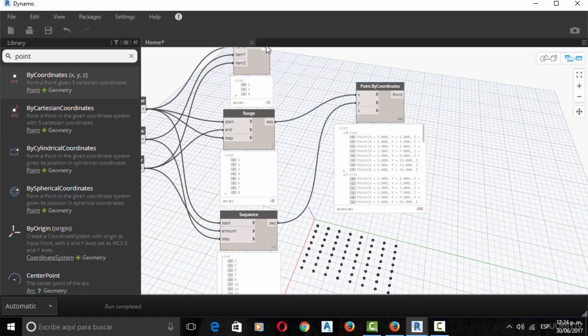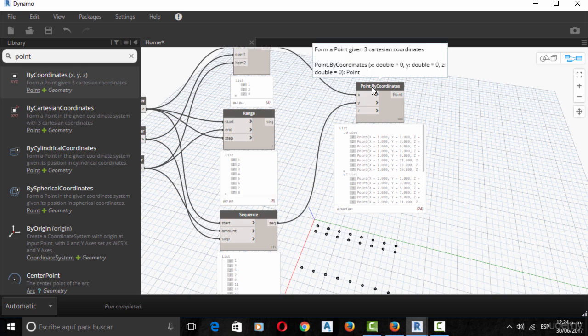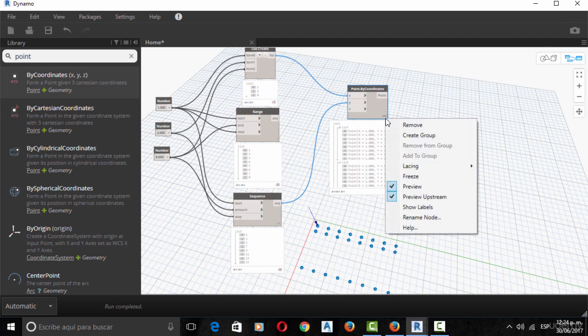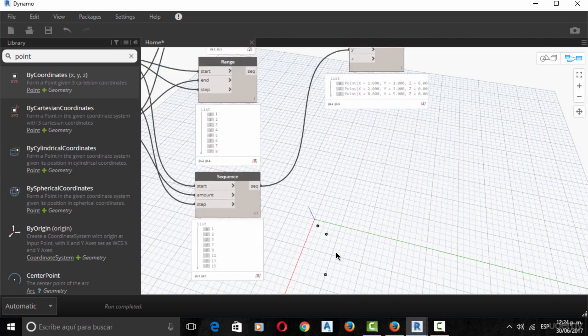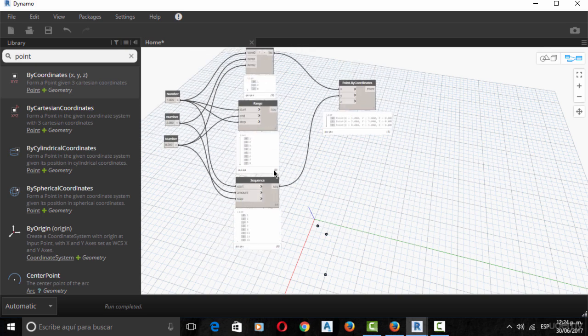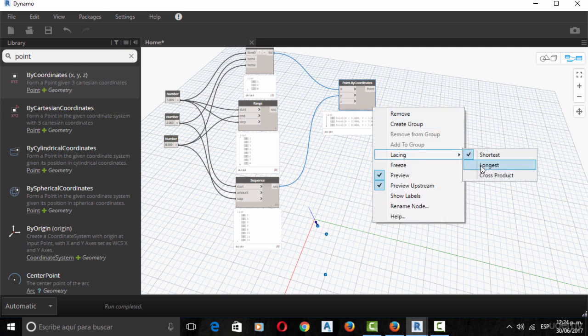So to understand it quite clear, we have this other list that is with 1, 2, and 8. We have there the cross product, and if we lace it shortest, what will happen is that it's getting the first 3 objects, and the rest of the list is getting forgotten. If we change it to longest,